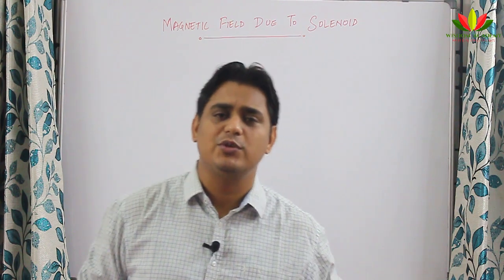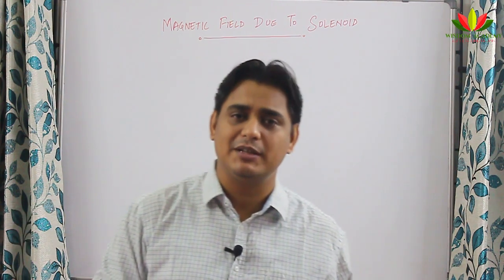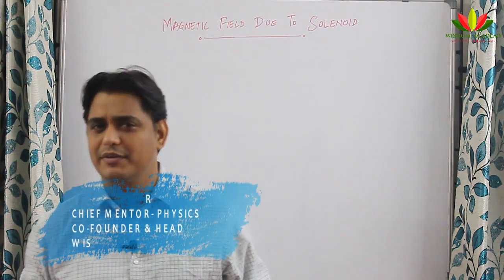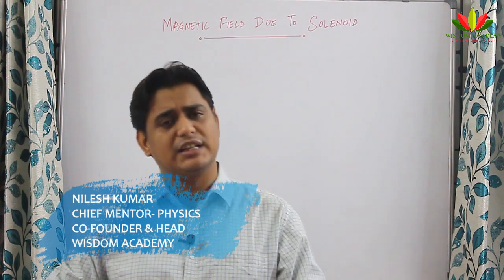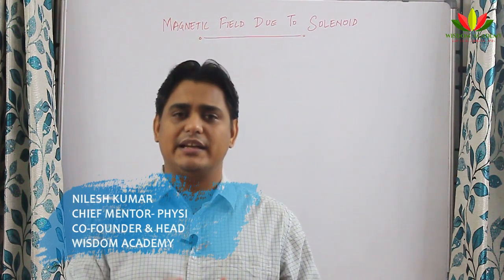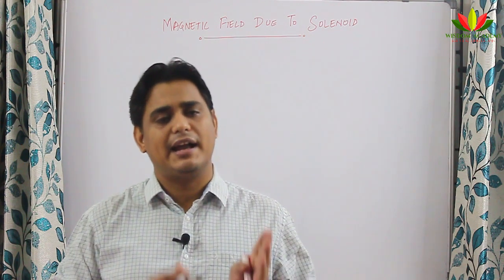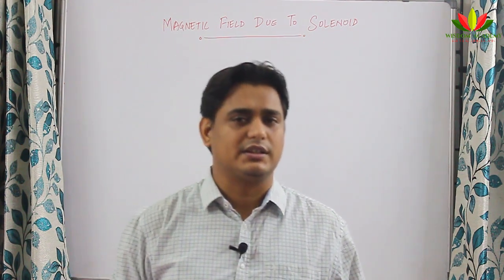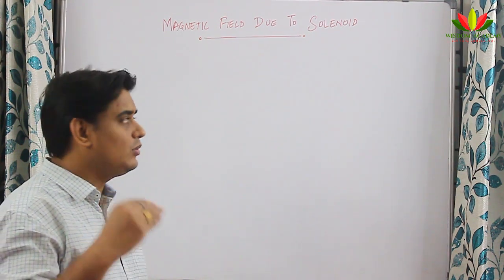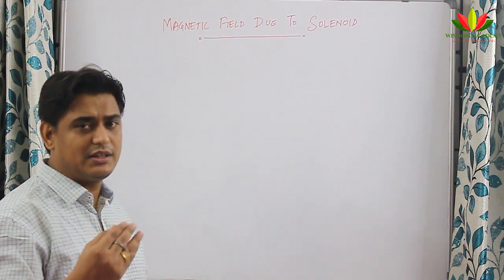In the previous video, you have learnt about Oersted's experiment. You have learnt about magnetic field due to a current carrying conductor. Both the cases I have told you, when the current carrying conductor is a straight conductor and when it is a circular conductor. So if you remember what I talked about magnetic field due to a circular current carrying loop,